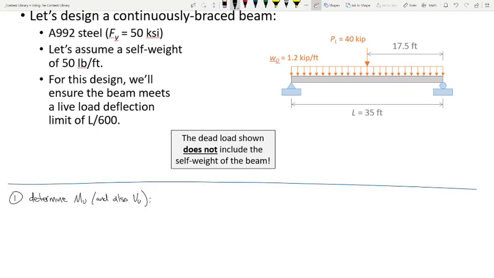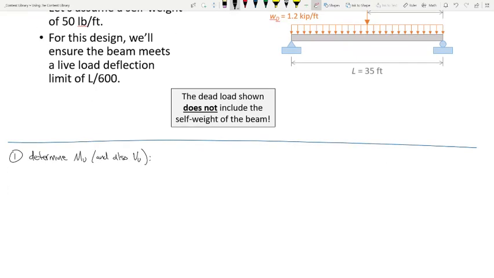Let's start off by listing some parameters here. We know that the length of the beam is 35 feet. We know that the dead load is 1.2 kips per foot. We know that the self-weight of the beam, and I use w naught for that, is 50 pounds per foot